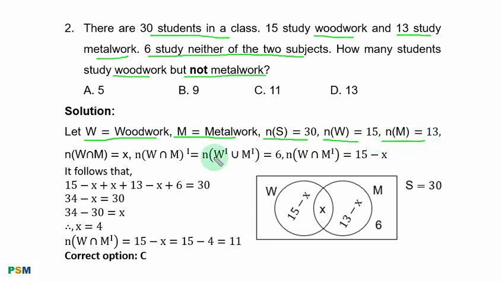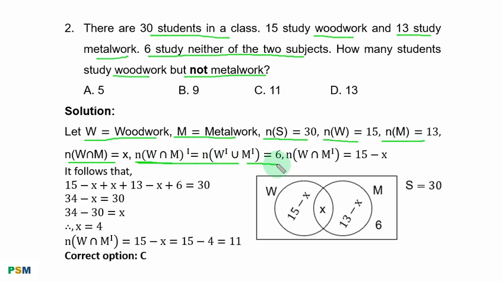Number of students that studied both subjects are unknown. Let that number be S. Then those that studied neither of the 2 subjects is represented using this set notation, and the number is equal